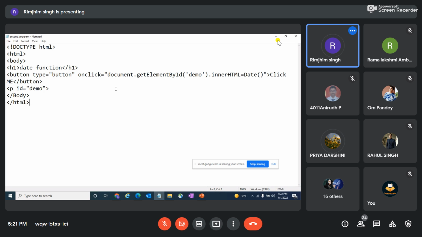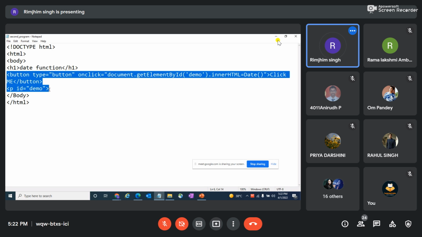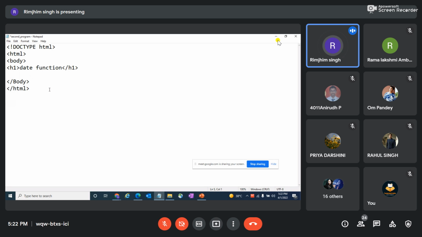Ma'am, can you use alert in this? Yes, class. In upcoming programs, I can tell you how I'll use window.alert and window.print to print my output. But here, I'm using innerHTML to print my output. I'll show you alert also. How do I use alert buttons? Okay. Let's just see the example of how I use alert.